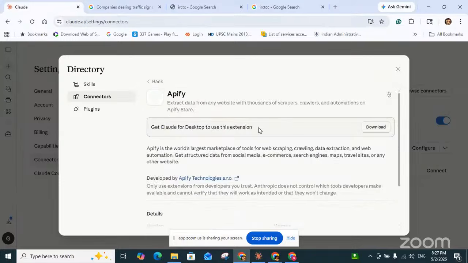This connector will connect only with the Claude desktop version. So I have connected it, and it will give the output of which vacancies are available.